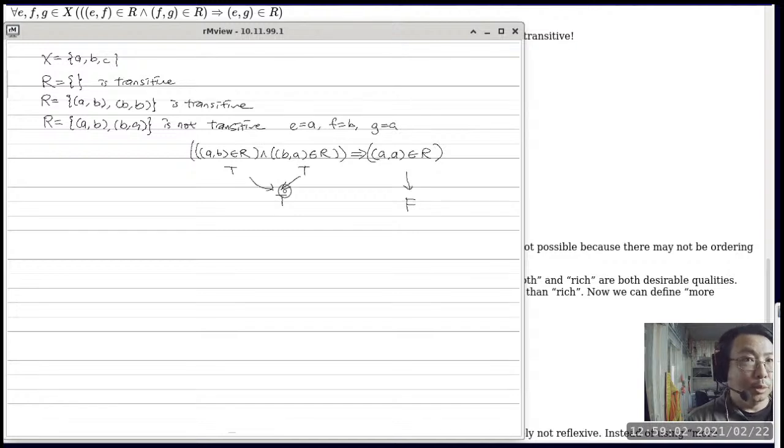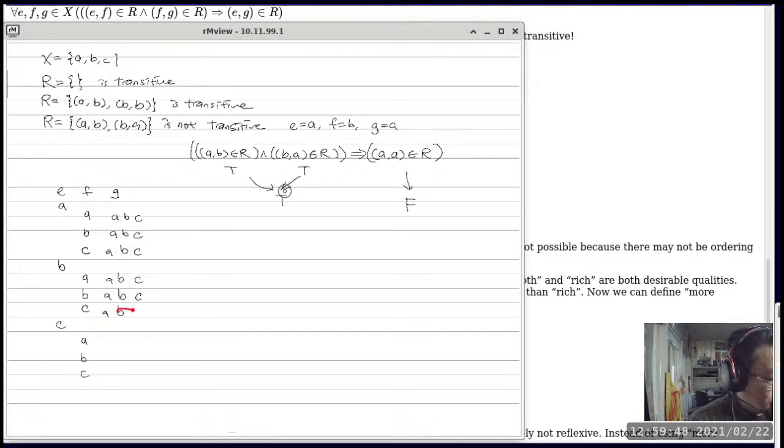If you think about this from the loop perspective, you have 3 times 3 times 3, there are 27 innermost iterations to evaluate. The outermost is going to be A, B, and C, and then while E is A, F can be A, B, or C, and when E is C, F can be A, B, or C. And then G is the last iteration. When E is A and F is A, G can be A, B, or C. This can be A, B, or C. This can be A, B, or C. Okay, so that illustrates why we have